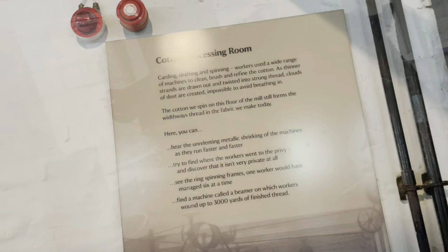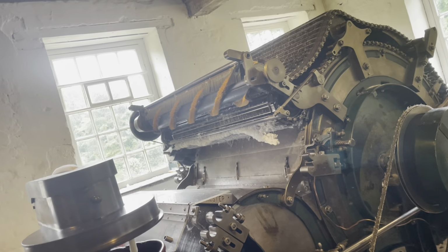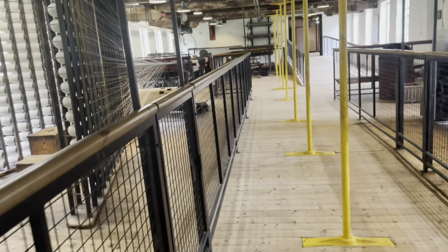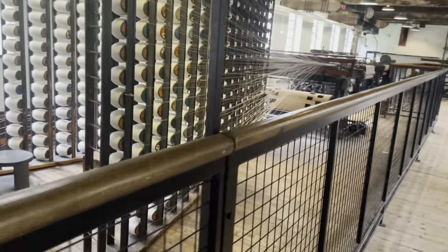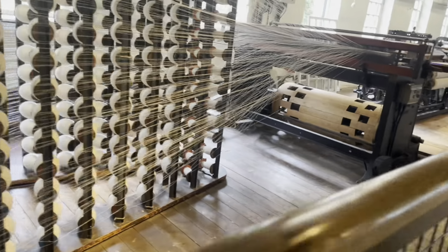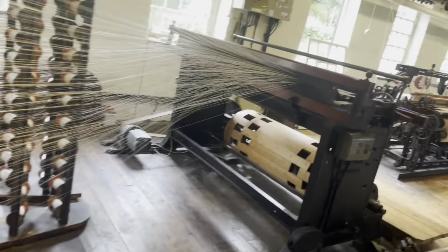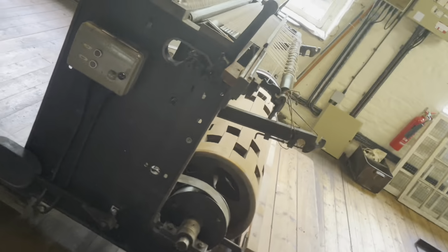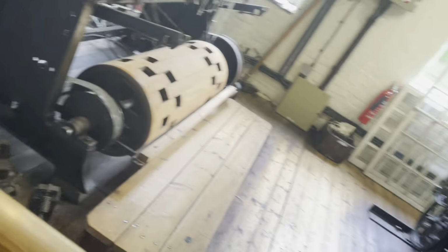The next room that we are going in is called a cotton pressing room, and this is where they press all the cotton. It's basically in the name. There are other places, like we said earlier, that we didn't get a chance to go and explore, and it's upsetting really. There's quite a lot of stuff to do, so you can explore loads of early industrial machinery,